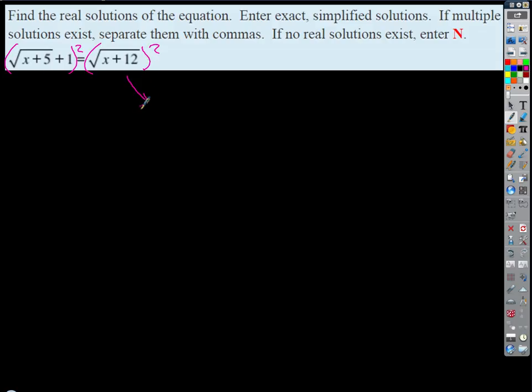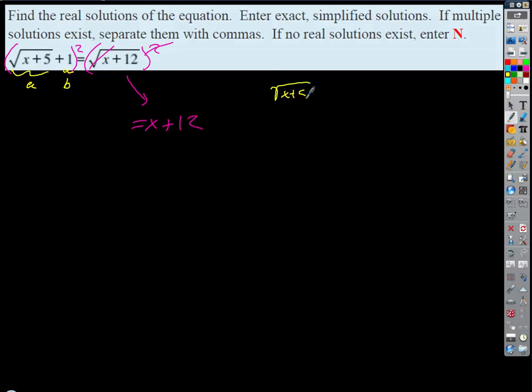So on this side, that's great. It works out to be just plain old, the radical and the squared cancel, and I just get x plus 12. But on the other side, it's not so good. This is like a, and that's like b, and I've got a plus b squared. Right, so what's that going to give me? If I square that out,